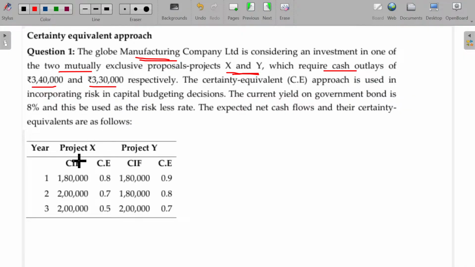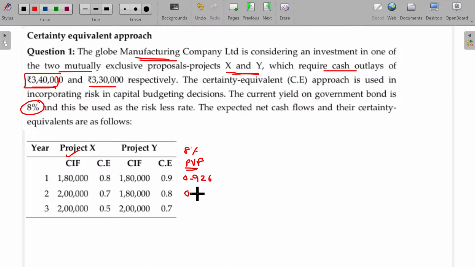So for project X, cash inflow is given and outflow is also given, and cost of capital being 8%. What do you do usually? Cash inflow of the project. You have to find out the PV factor for 8%. 8% PV factor being